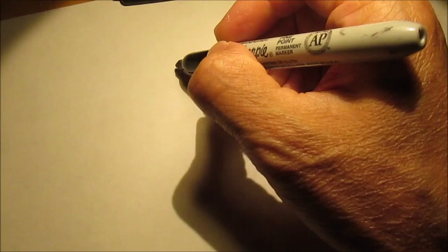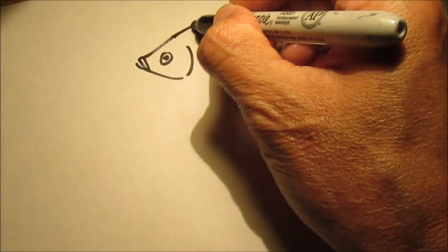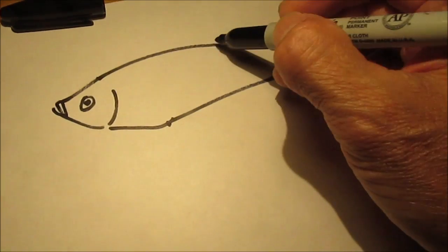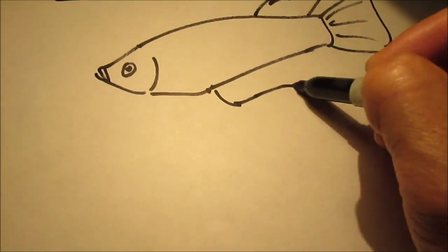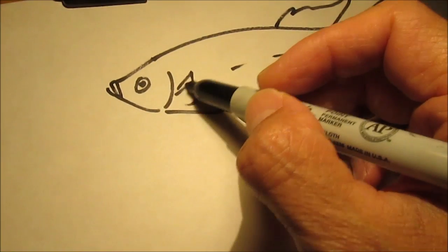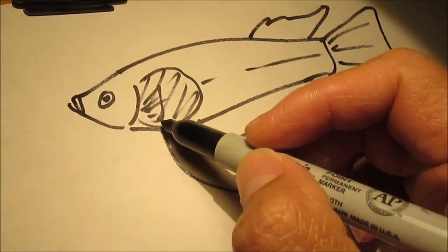Perhaps I best illustrate this with a drawing. So let's see here. If we take a look at how a typical gourami looks, basically you have a long body, and here's the anus, here's the nose, but basically you have a fish that is predominantly caudal peduncle. This length here is all caudal peduncle, and his pectoral fin. Basically this is his guts that lead to